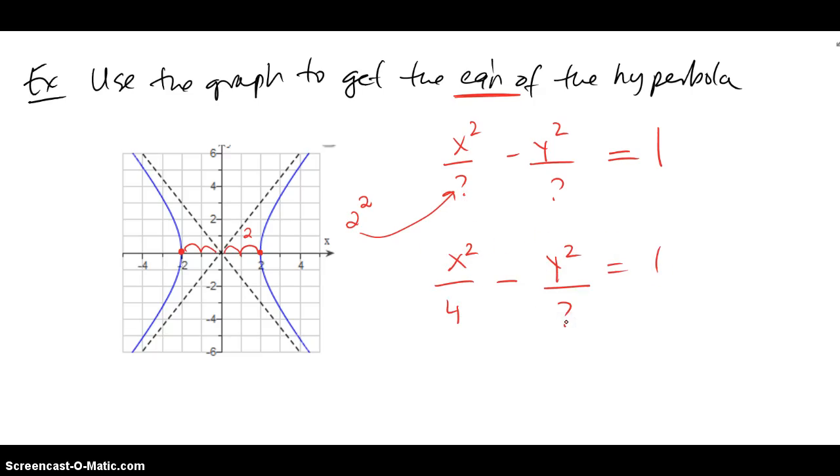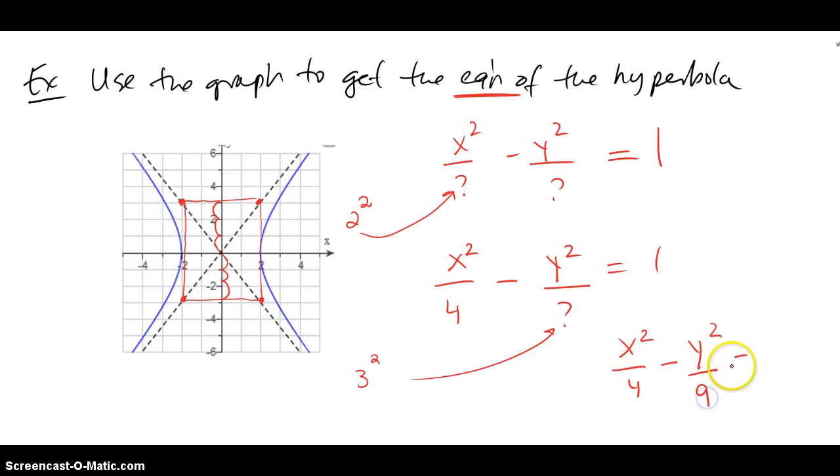I just have to figure out what goes under the y's, and I'll have the asymptotes help me in getting that. I'm going to use the asymptotes and find ordered pairs that make it seem like I must have this imaginary rectangle in the background. Again, I use those because none of these easily go through my grid, and this looks like it best approximates a rectangle that these branches, the left and right branches, get near. So it looks like I must have gone 3 up and 3 down, so then I take that 3 and square it and put it under the y's, so I have x squared over 4 minus y squared over 9 equals 1 as my hyperbola,